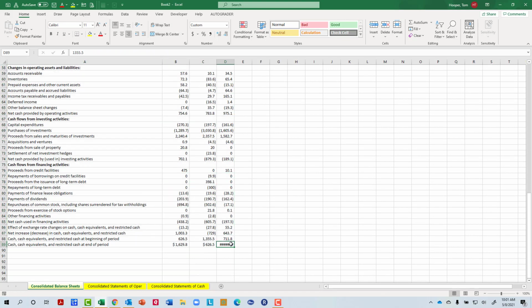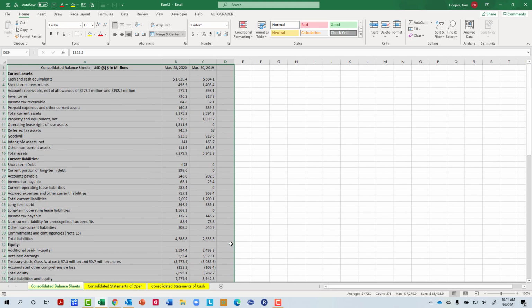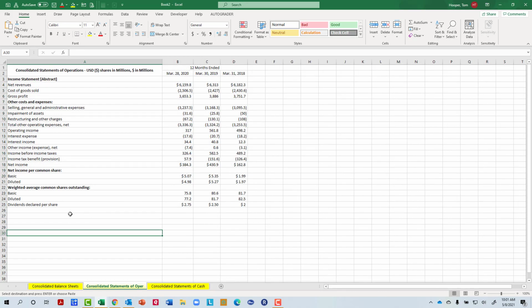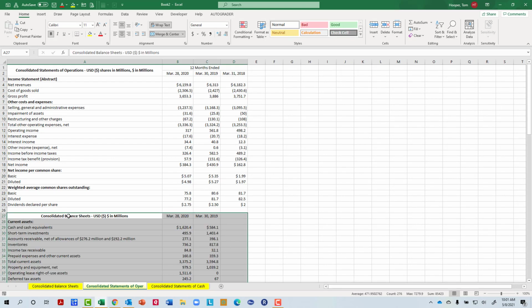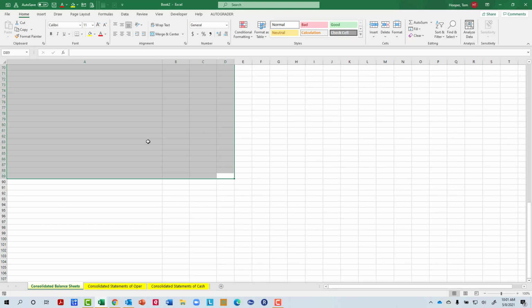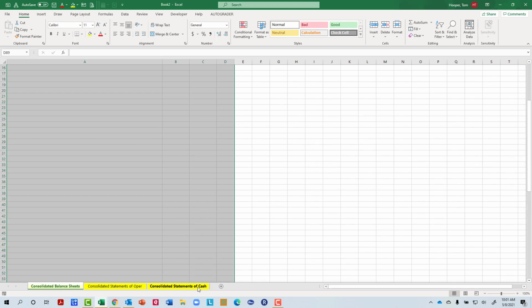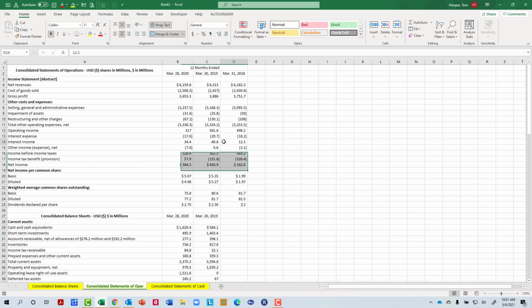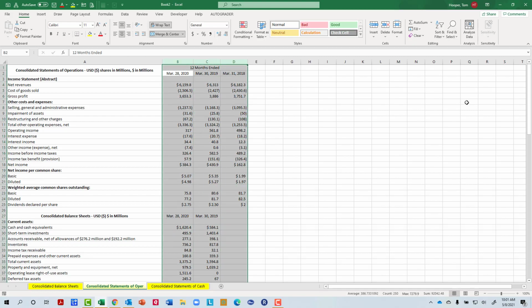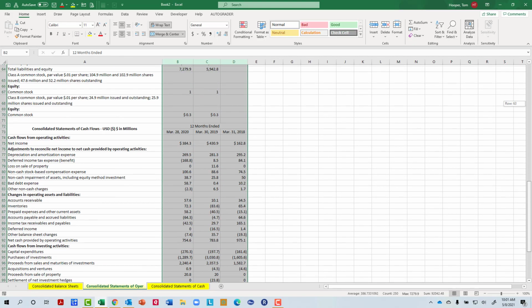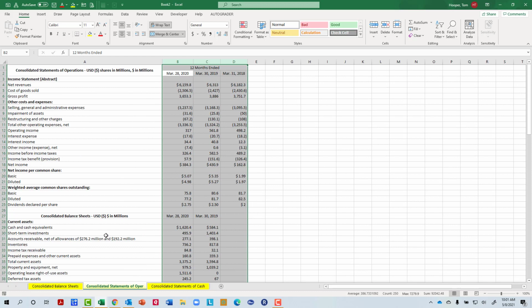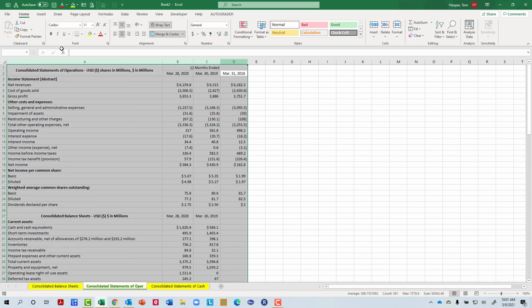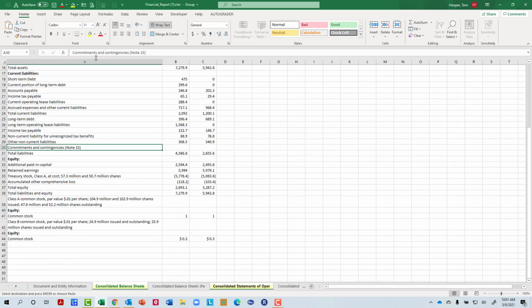I'll come here, Control-Shift-Home, cut. Go to the income statement, leave a blank line, and paste. Now I cut those this time because I want to make sure I don't double dip so I don't come back to some sheet and put it in there again. I've been known to do that. So now I've got all 3 statements aligned top to bottom. I'm going to look at these years and make sure they align. And they do. So I'm going to just cut the entire columns, or copy the entire columns over into that